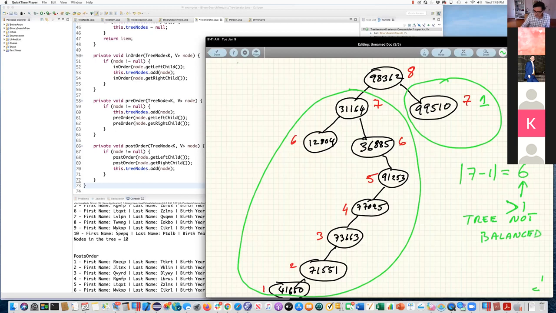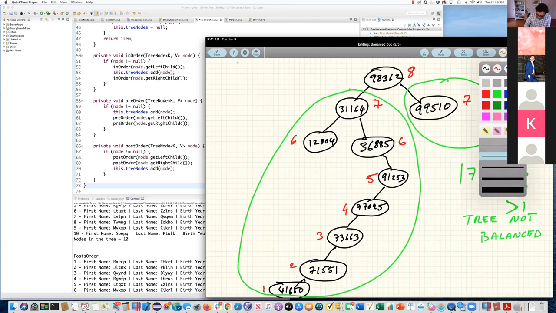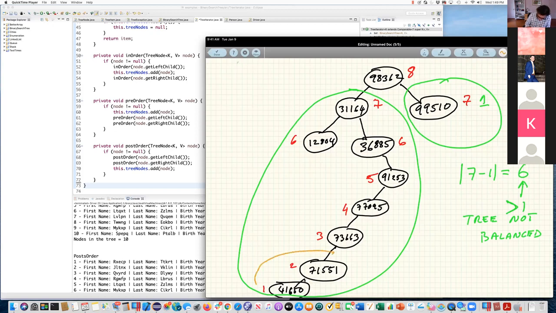I don't want to have any subtree whose left and right subtree heights differ by more than 1. So if I look at this subtree over here, which one shall I take? Let's take this subtree right here, the one that's in orange. Is this subtree balanced?